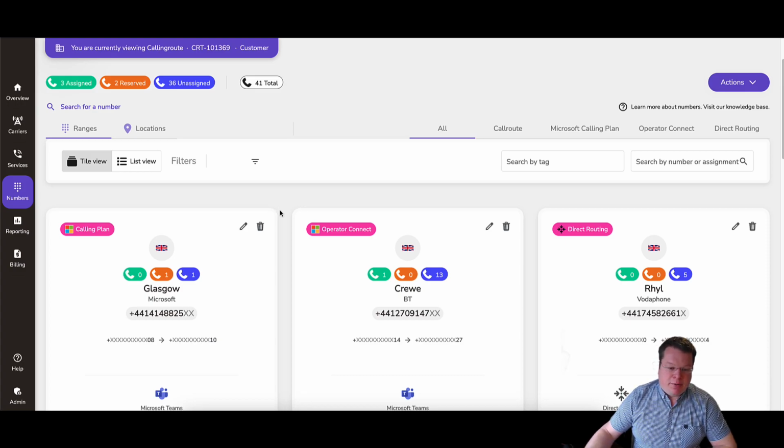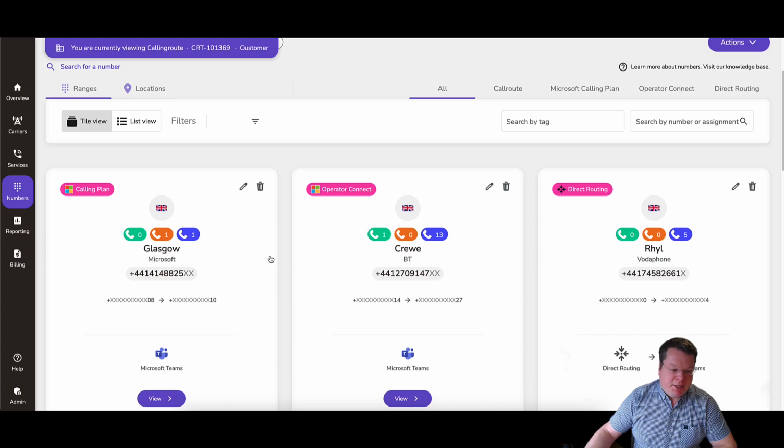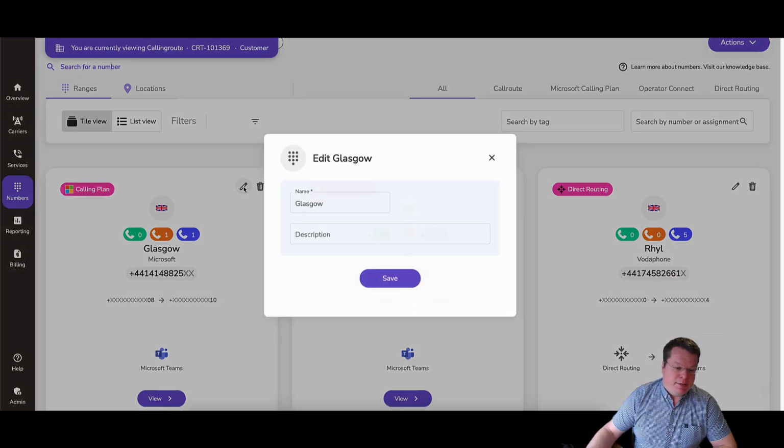The other item that we've been working on this month is the ability to rename the range titles. The range titles are automatically generated based on the area code, and we look up an external library to give us the name of that area. Where we use calling plans and operator connect numbers, this area name is given to us by Microsoft. You might not agree with this name, or you might want to make it a bit more granular or a bit more descriptive. We now have the edit name and description icon here that allows you to